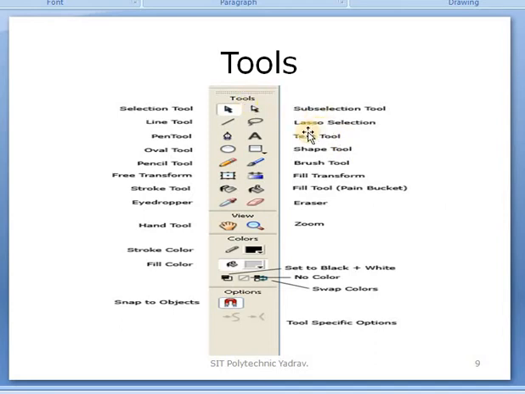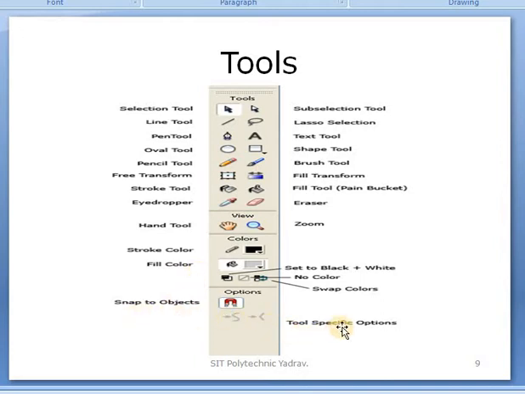Sub-selection tool, lasso selection, text tool, shape tool, brush tool, fill transform, fill tool, eraser, zoom. After that, selection tool, line tool, pen tool, oval tool, pencil tool, free transform, stroke tool, eyedropper, hand tool, stroke color, fill color, snap to object.